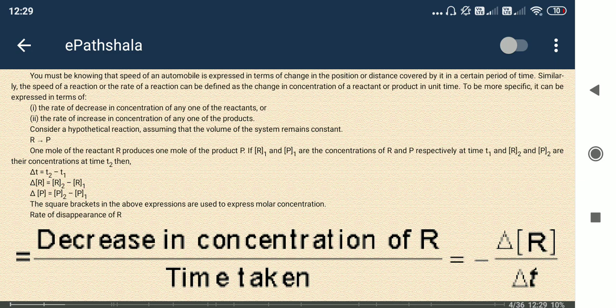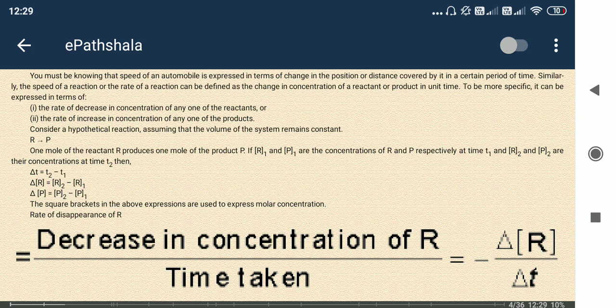So how can we measure the change? We can see the decrease in concentration. The reactant is decreasing in concentration, right? Because the reaction is happening. So decrease in concentration per unit time, decreasing concentration by time taken, that is the rate of the reaction. Or in reverse, the increase in concentration of product, obviously. So product by time taken. Per unit time how much product is formed, or per unit time how much the concentration of reactant decreased. That is the reaction rate.